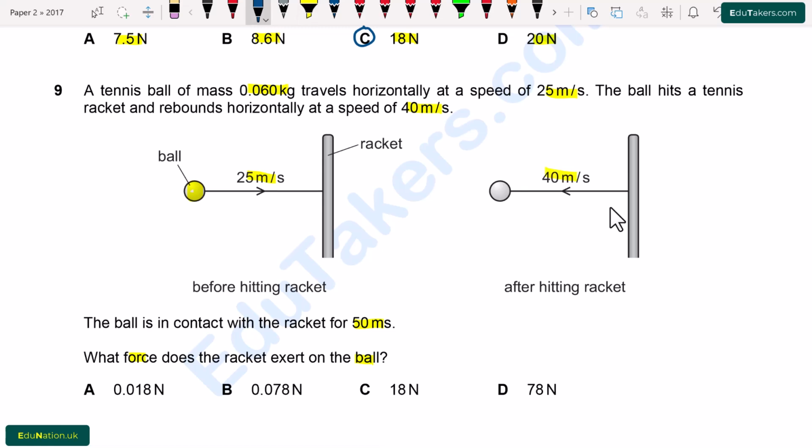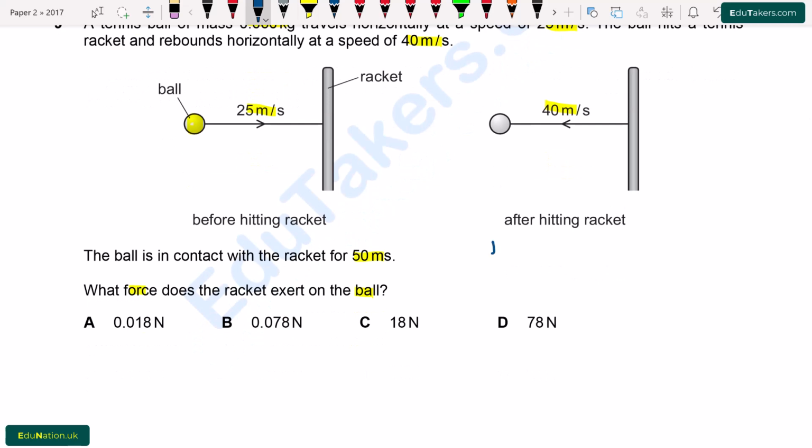So here I use impulse, which is equal to multiplication of the force and time, and it is also equal to change in momentum delta P. From here we have to find out the value of force. It will be equal to delta P by T, where delta P is the change in momentum. So I write here M times V minus U divided by T. So when this ball collides with the racket and then rebounds back, it comes in the opposite direction. So there will be minus sign with the velocity.